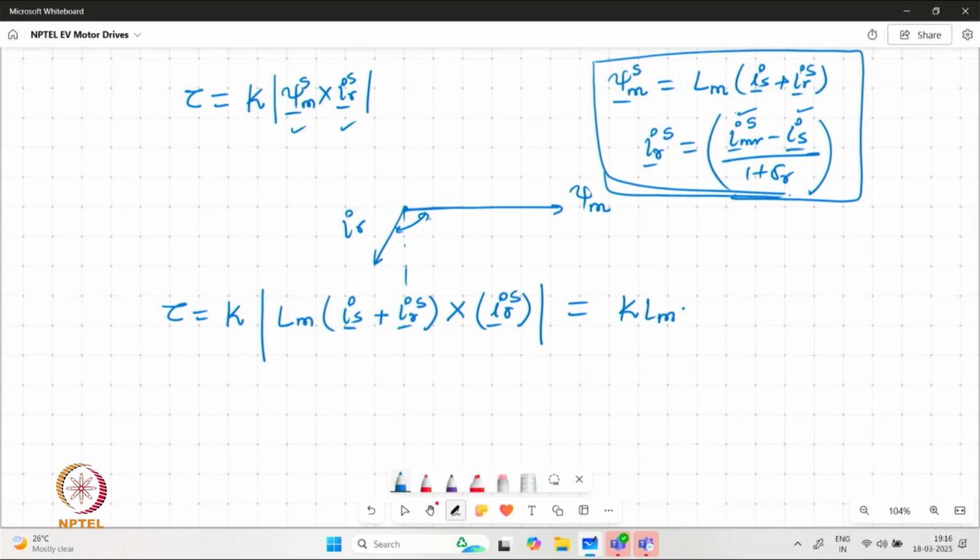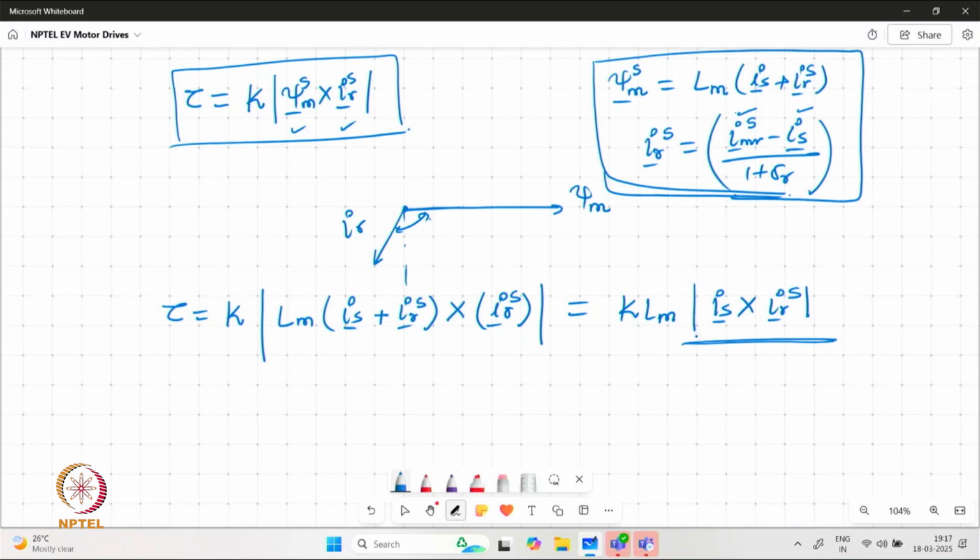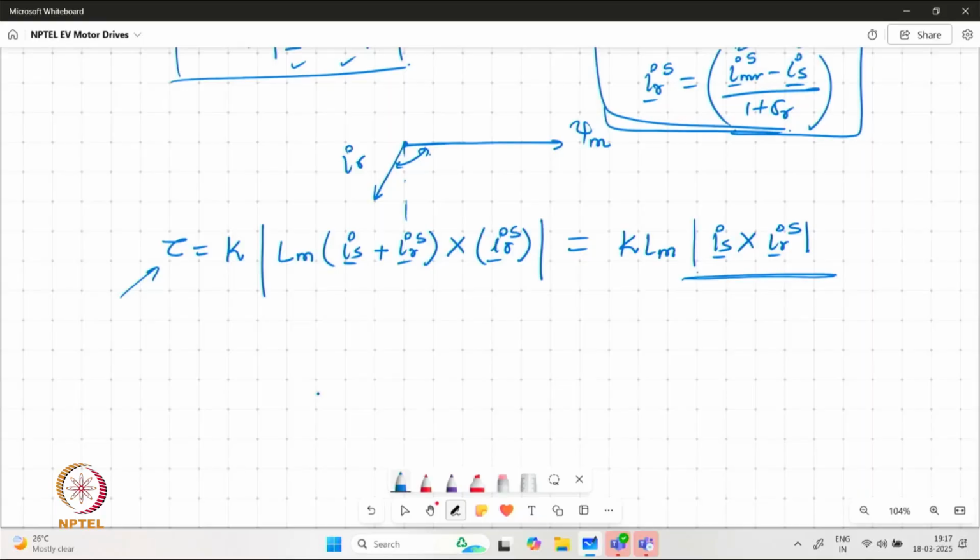one by one we can replace, and we can end up having the cross product of IS and IR, which is again interesting to see: we had the interaction of flux and current generating the torque, but here we have the interaction of stator and rotor current, which is again generating the same torque. So we can have different combinations between the quantities which can develop or generate the same torque. Now because of IR, again we need to get rid of this quantity, so we can replace it by this equation, and we will end up having